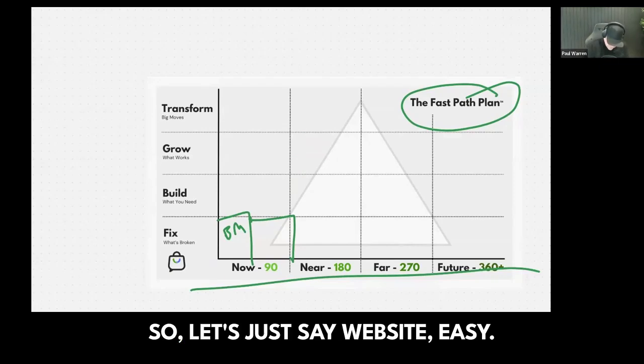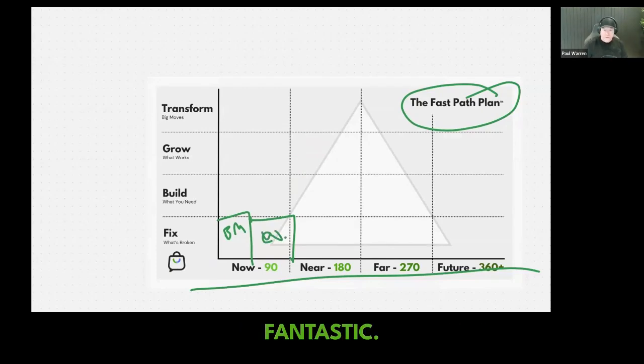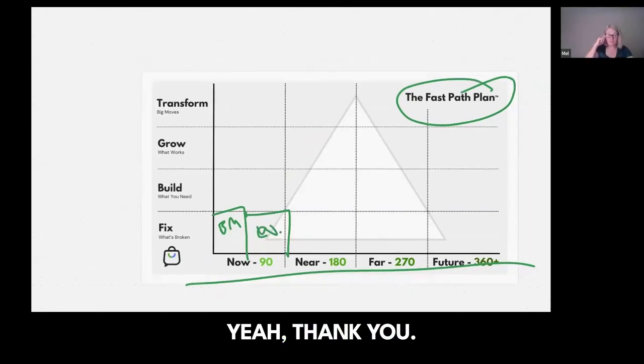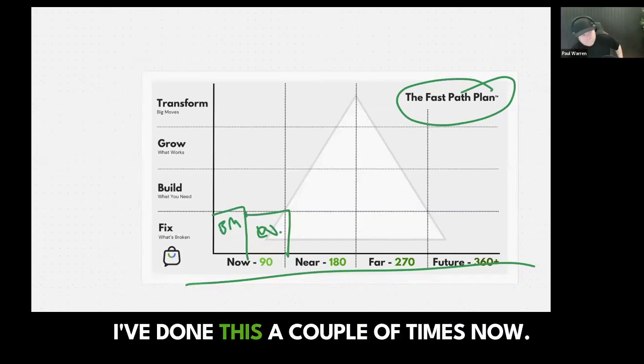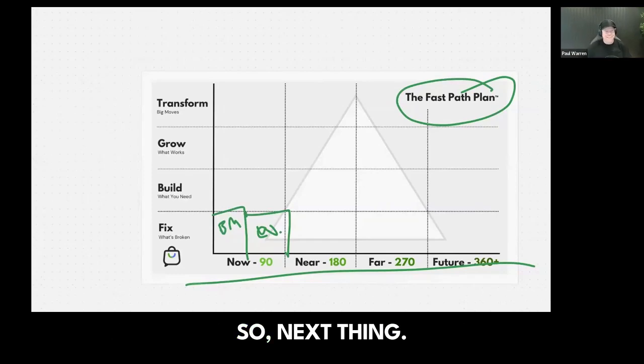So let's just say website, easy. Fantastic. Next thing, yeah, this is really good info. Oh, thank you. That's not enough. I've done this a couple of times now. So, next thing,